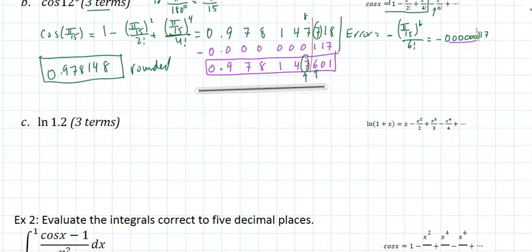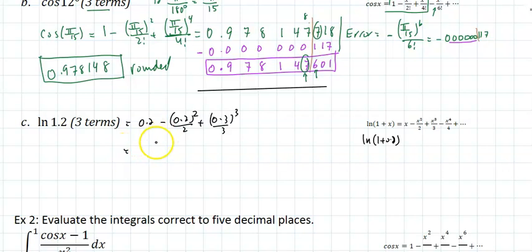The next problem up, natural log of 1.2. Well, that's natural log of 1 plus 0.2. So that's going to be 0.2 minus 0.2 squared over 2 plus 0.2 cubed over 3. We're going to say that's what the sum is. And if I put that in my calculator, that would turn out to be